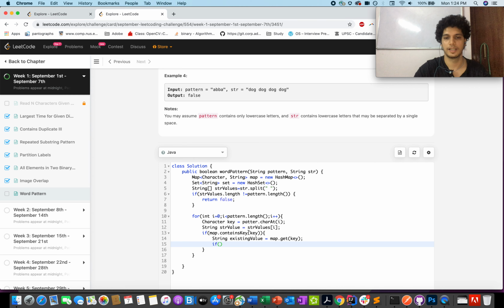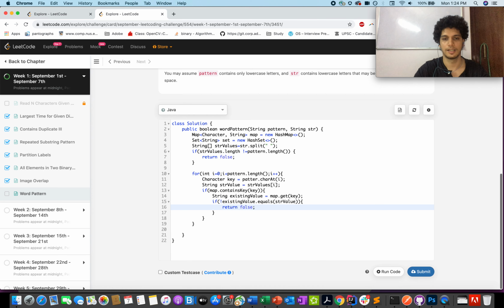So if existing value is not equal to the current str value, then you have to return false.